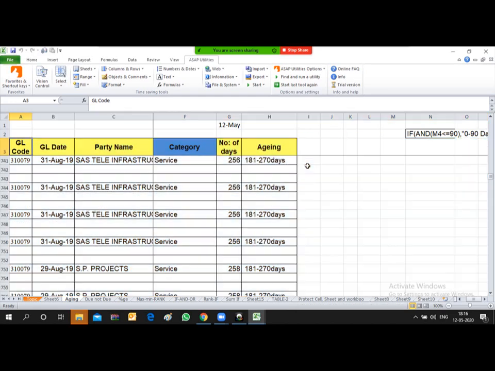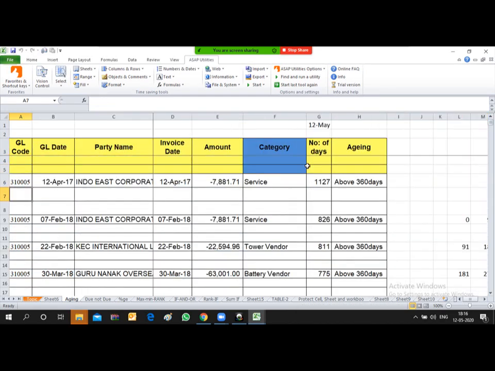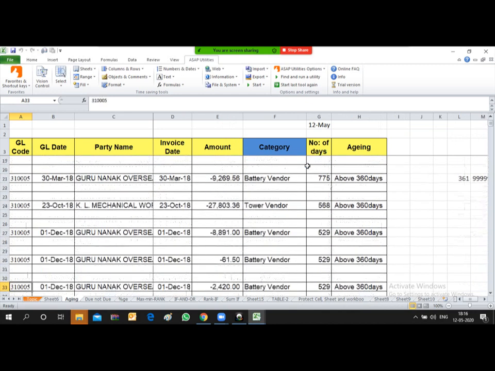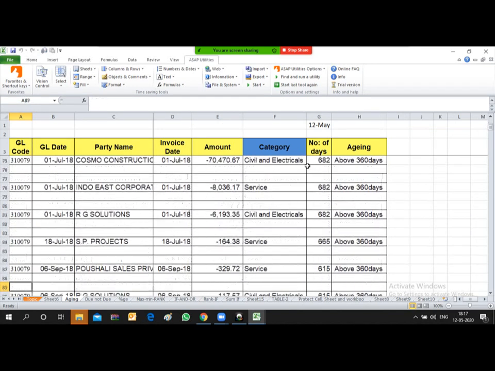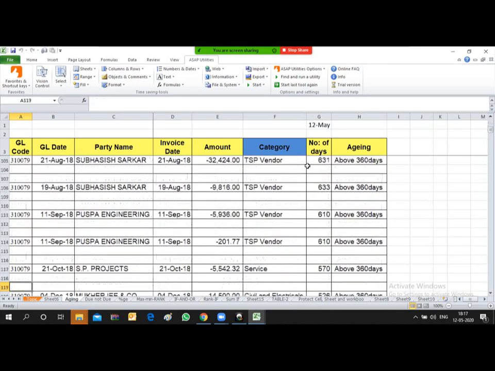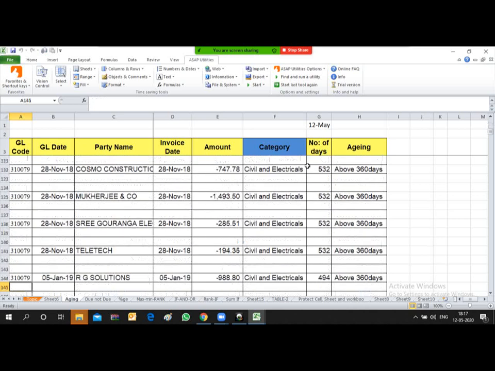So now friends, see, after each line it has inserted two blank rows. You can see the effect of the utility, that it has inserted two blank lines after each row. So friends, this is the utilization of the ASAP utility.